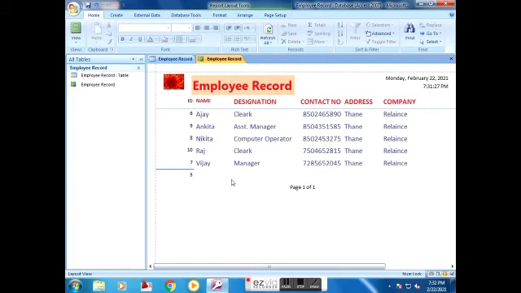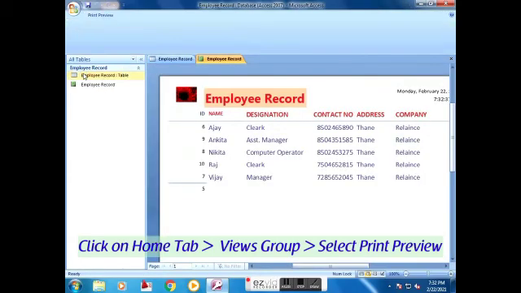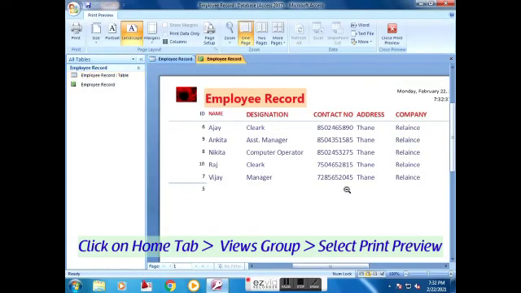Again click on the Home tab, View group, and select the Print Preview option to see the print preview screen.